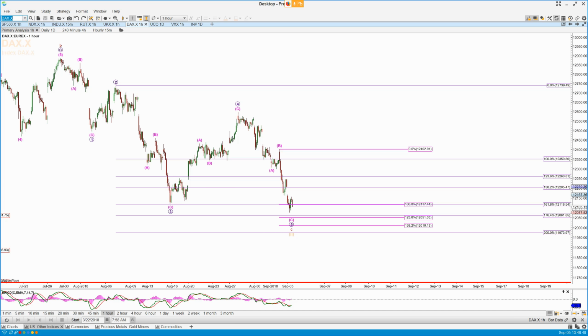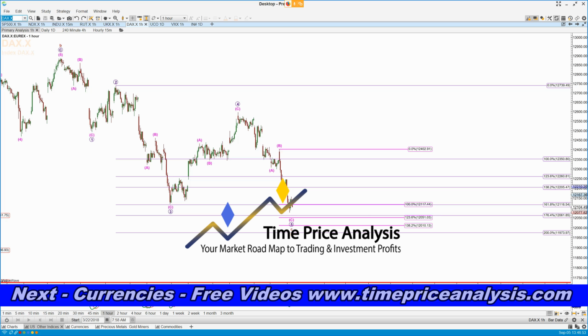Okay, that's what I've got pre-market. So I've still got half a position long in CL, half a position long in ES going into the open today. Both will